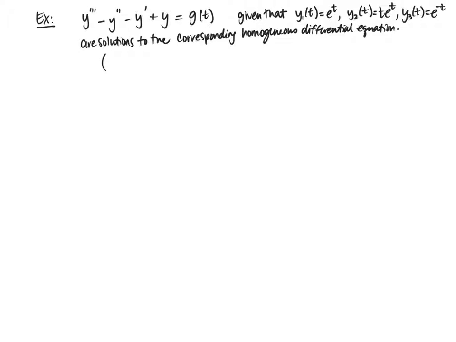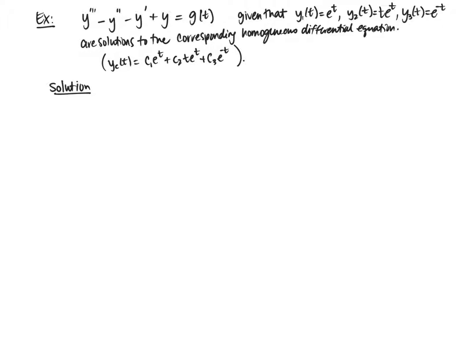In other words, I'm saying that yc of t is equal to c1 e to the t plus c2 t e to the t plus c3 e to the negative t, right? That's what that means there. Okay, all right, so I have my complementary part of the solution. Now I want to find the particular part of the solution. So we're going to use the method of variation of parameters. Okay, so let's see if we can find what